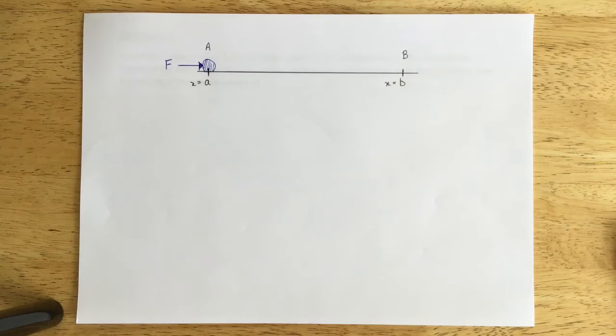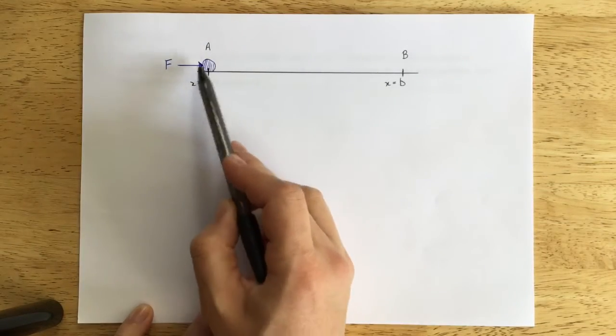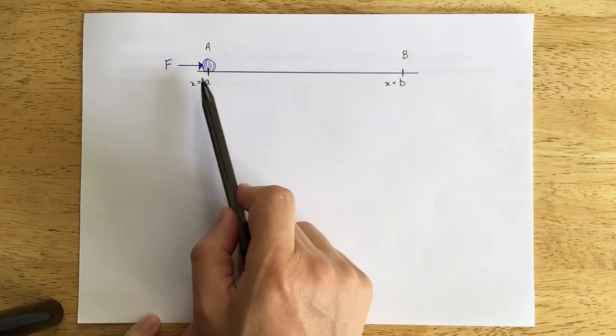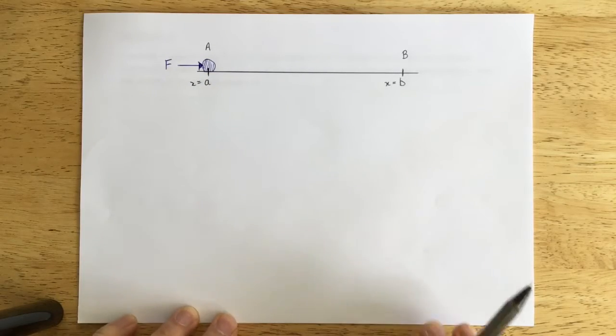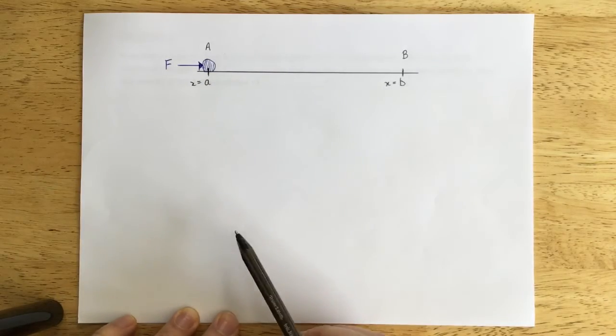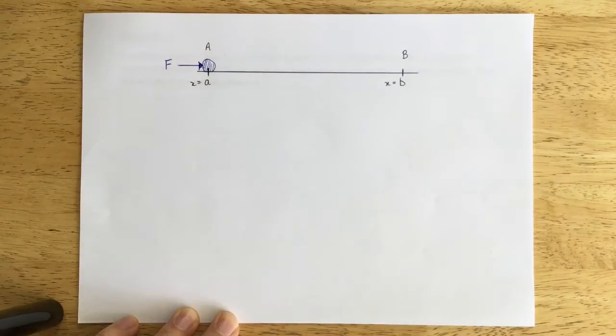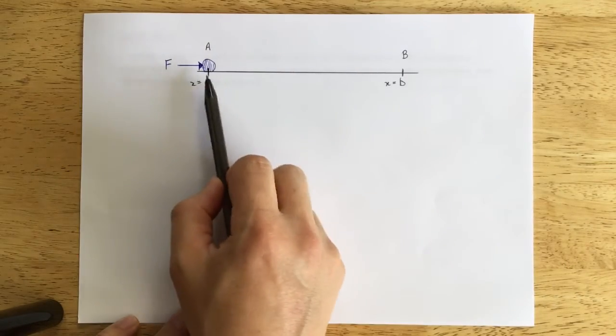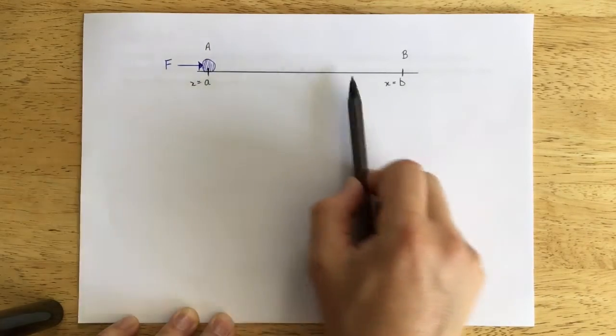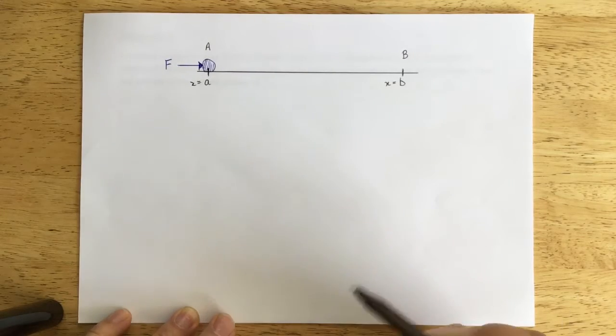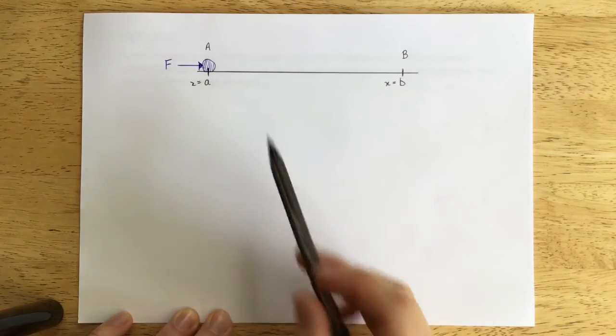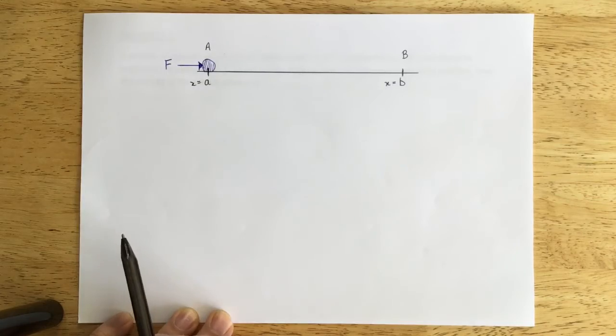So in this video, we want to look at the work done by a variable force. I want to imagine a variable force that's pushing a particle along the x-axis here. We can't just multiply F by the distance because the force changes as the particle moves along here. It's a variable force. But what we could do is say we're going from A to B here,